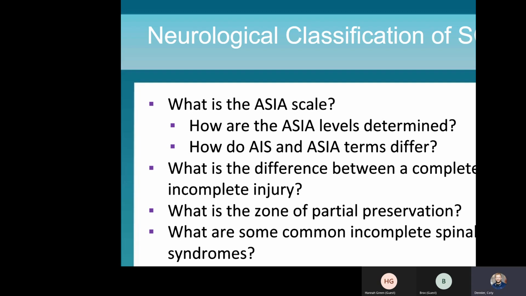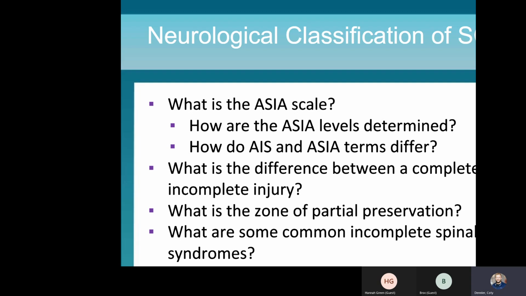It's a scale that determines the different classifications of the spinal cord injury and the neurological level that you're dealing with. It tests motor and sensory, and it usually is performed within about 72 hours after the injury at the trauma